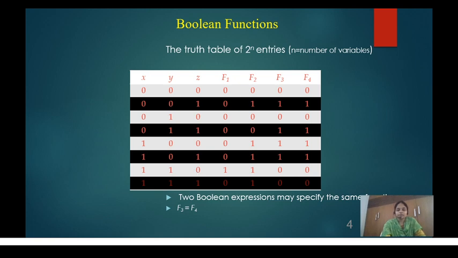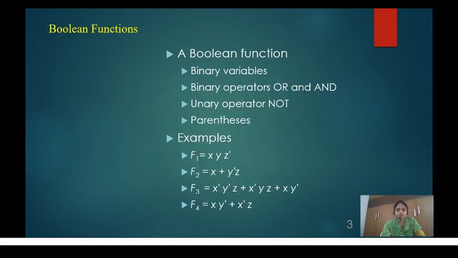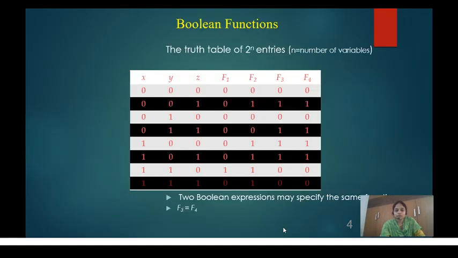And F1, what is F1 here? F1 is x, y, z complement. X is 1, Y is 1 and Z complement is 0, since the complement represents 0. So 1, 1, 0. In this, for 1, 1, 0 you have to mark the 1. That is, f1 is the function and you have to represent 1, 1, 0 as 1.